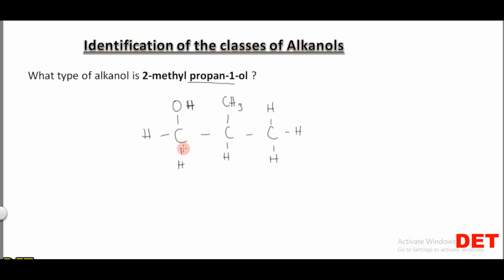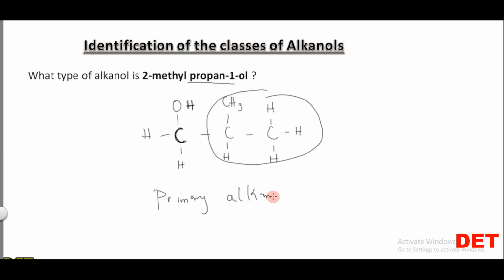So we've drawn the structure. Alright, so how many alkyl groups are attached to this carbon atom bearing the hydroxyl group? Because this is the carbon atom that is carrying this hydroxyl group. We have just one alkyl group attached to it. So therefore, 2-methylpropan-1-ol is an example of a primary